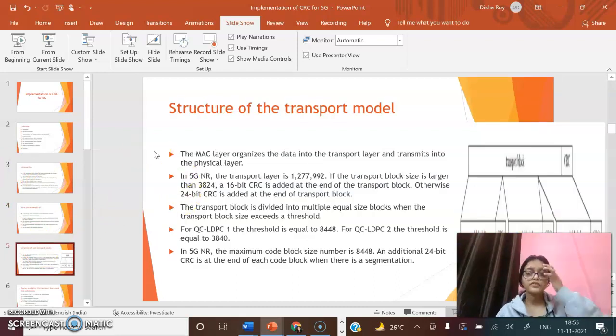Okay, so the structure of the transport model: the MAC layer organizes the data into the transport block and transmits it to the physical layer. So in 5G NR, the transport block size is